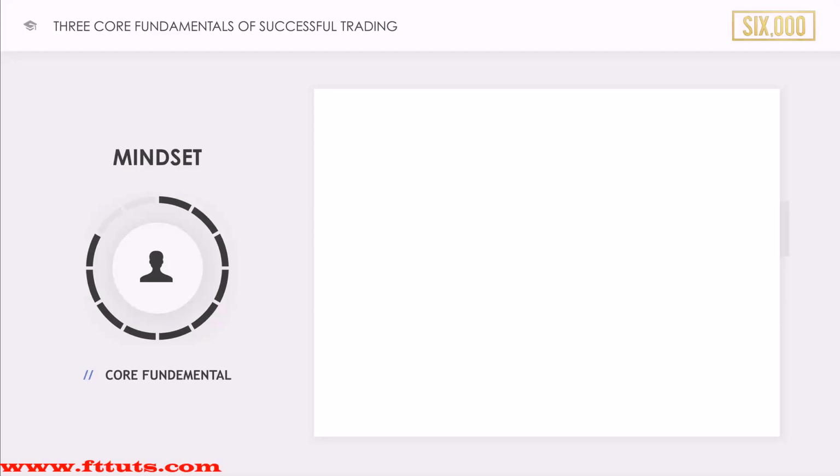So mindset, of course, is probably the most important part of trading. 90% of trading is psychological. So this is emotional intelligence, and we'll touch on these subjects in more detail in later modules. Discipline: you need to be able to follow your trading plan step by step and not deviate from it because of impulsive decisions or the emotions you're experiencing at certain times of a trade.